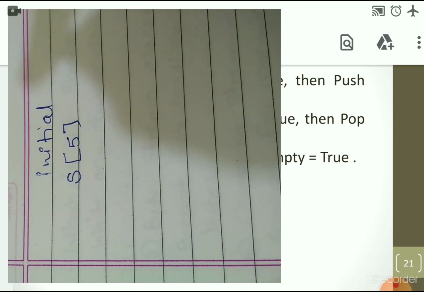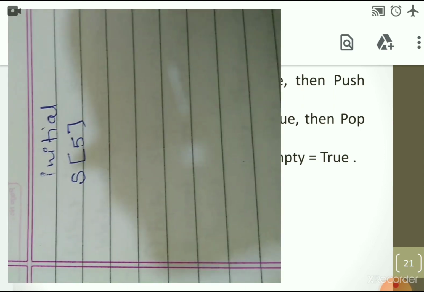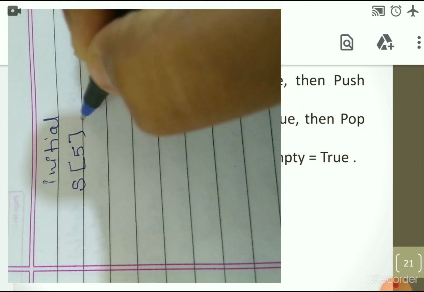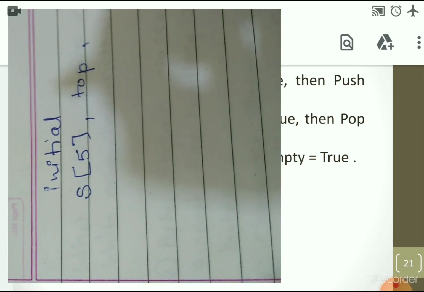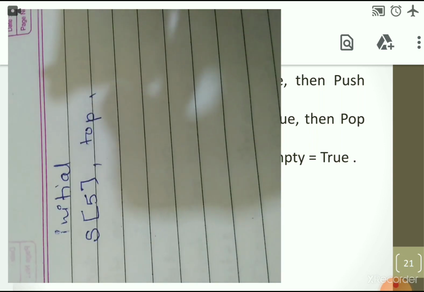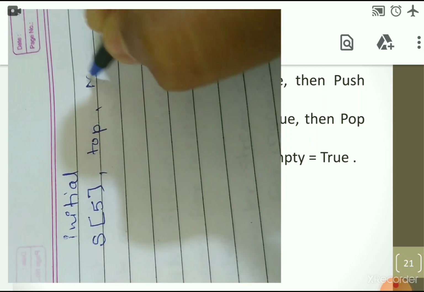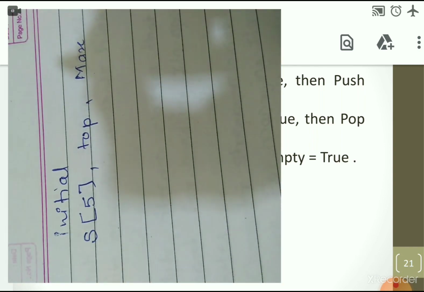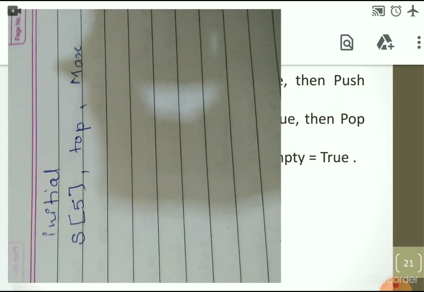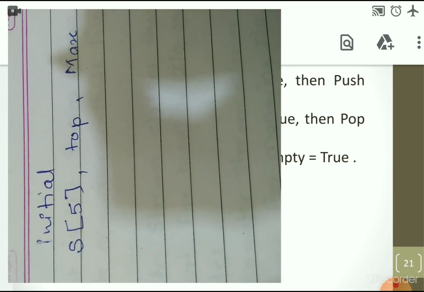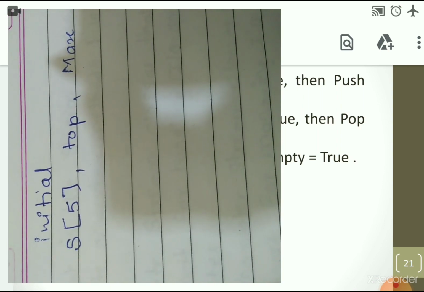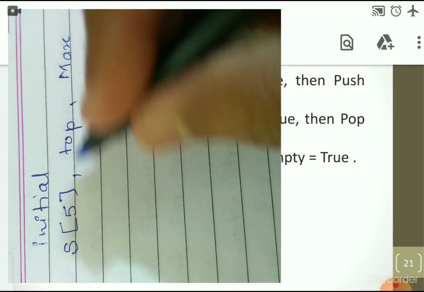Then we have declared top, one variable, and the next one is max. These 3 variables we have to use when we are implementing the stack. I am just giving you the example, it is not the implementation. s of 5 is the stack which we are using.